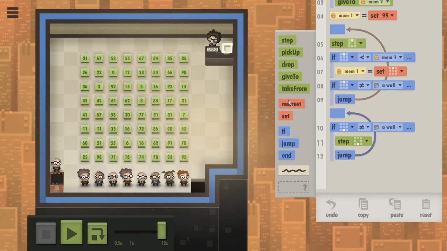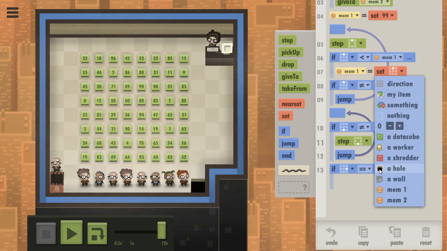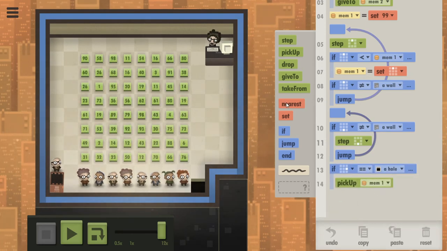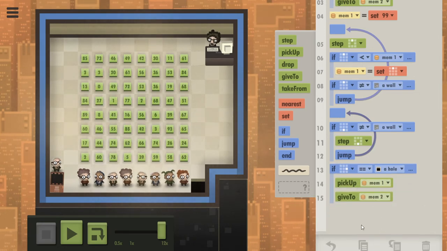Now, if she is already in this space, then that means that she's basically finished the puzzle, because at this point, she's been through all the columns. So at that point, we say if what is to the right is the hole, then she needs to pick up the location of the smallest number she's ever found, give it to the shredder, and then we're done. Now, if this does not trigger, that means she's not yet at the hole, so she's got to take a step to the right